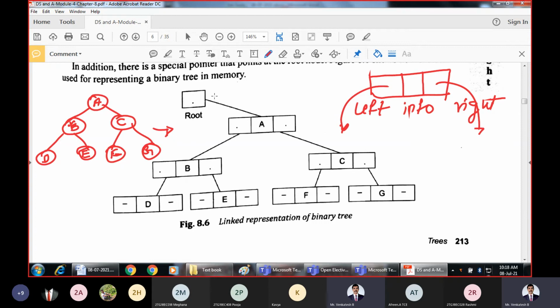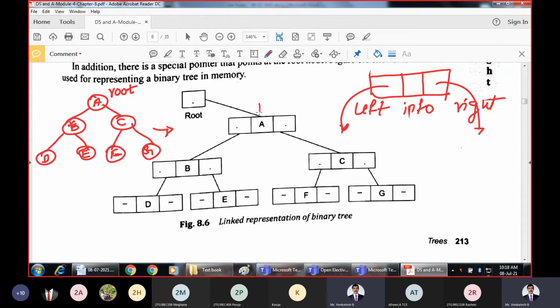Here we always use one special pointer called root, which will always point to the root node of the entire tree. For this entire tree, A is the root node, and the special pointer root is pointing to the root node. Every node consists of 3 fields.